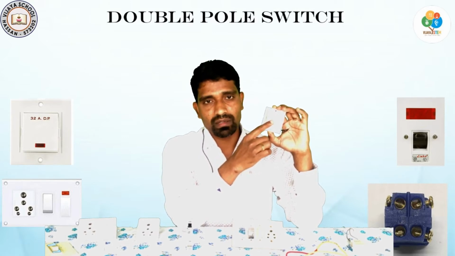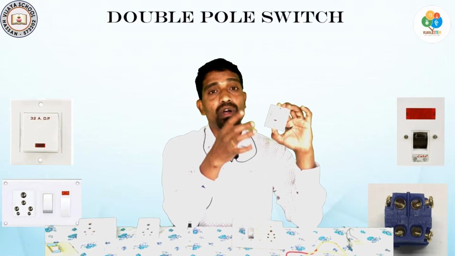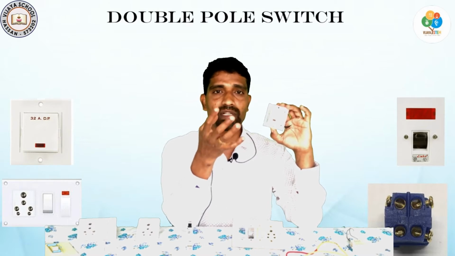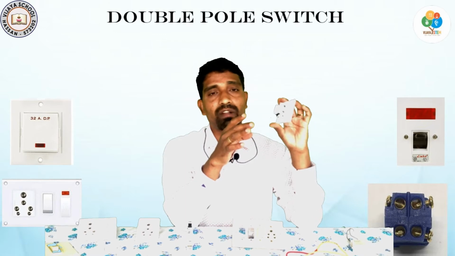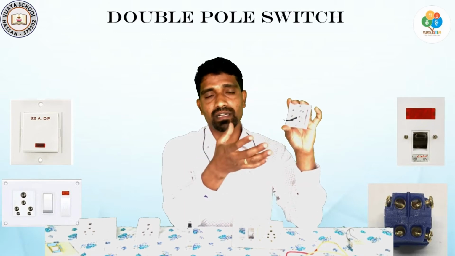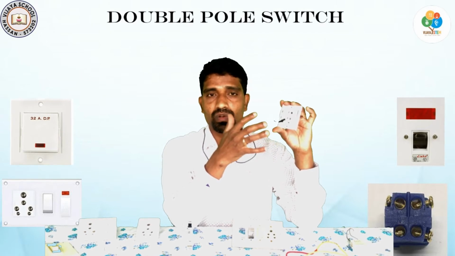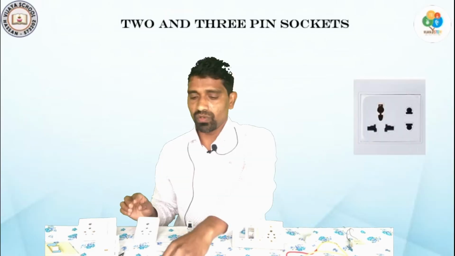Ampere stands for the amount of current it can handle because a huge amount of current in the circuit will heat up the circuit, and it will heat up the switch also. That's why it is given bigger terminals, and also heavier metal is used inside this, so that because of the heat it is not going to melt.